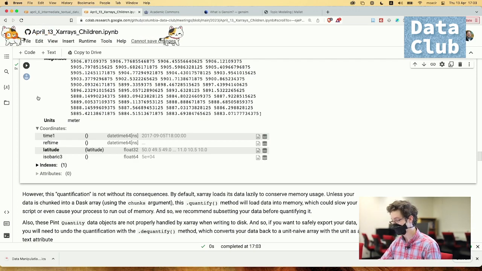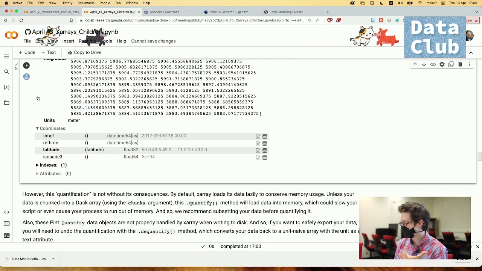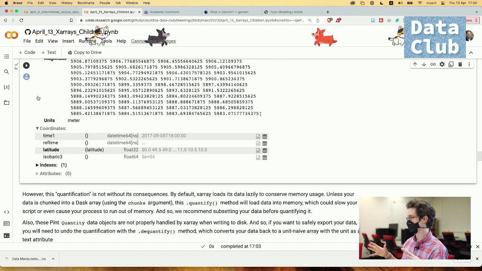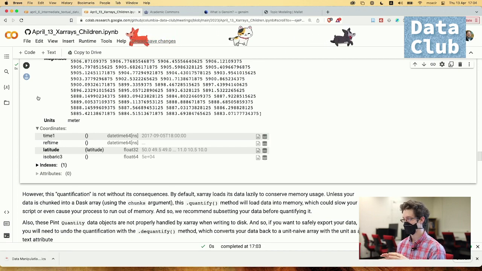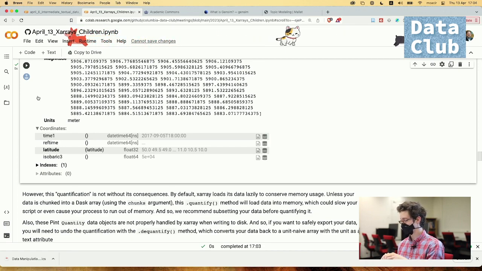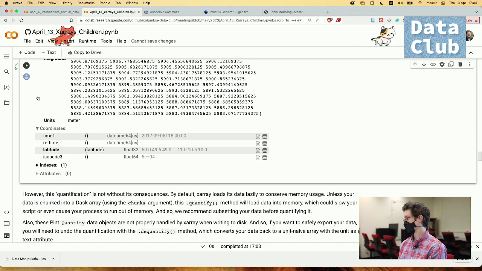Now is not the time to spend a ton of time talking about Dask, but if you ever have to deal with a lot of data, Xarray is for you, because it has under the hood strong connections to this lazy computing library called Dask. Basically, instead of you saying one array plus another array, press go, and the computer starts working, if you are working with Xarray and Dask, you say one array plus the other array, press go, and